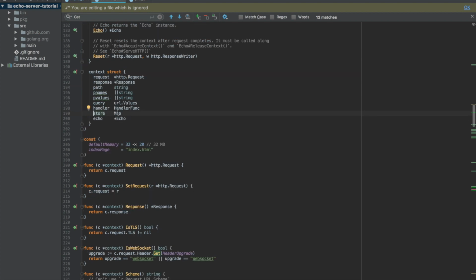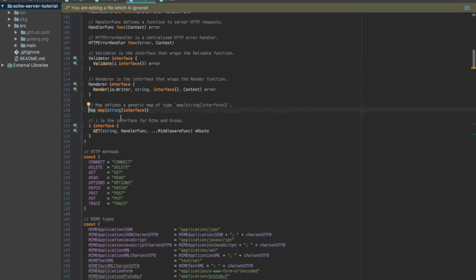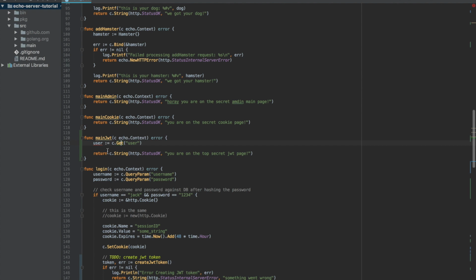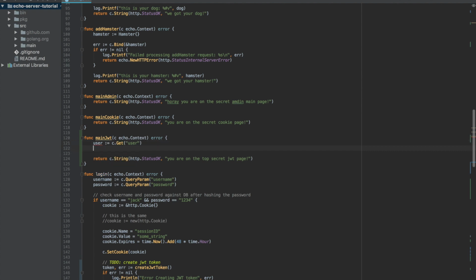The store is essentially a map of a string and an interface, meaning that what we got here, the user, is an interface. So now we need to typecast it to its origin